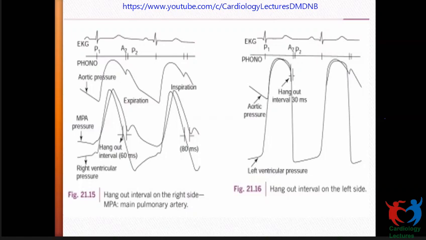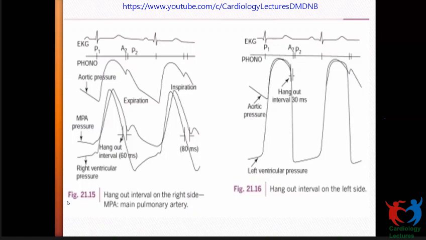So blood decides to go forward. It happens both on the left and right side, but it's much more marked on the right side. And on the right side, respiration has a major role. So this is the clear reason. It's not that in inspiration more blood is going. Yes, there is a component, RV ejection delayed, but the major change is a change of hangout interval which occurs